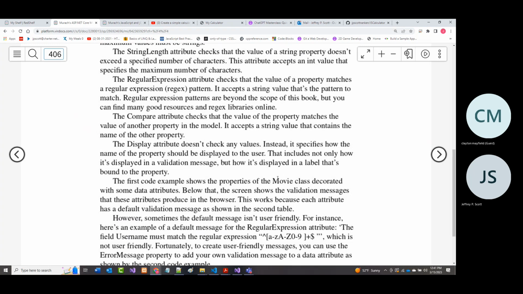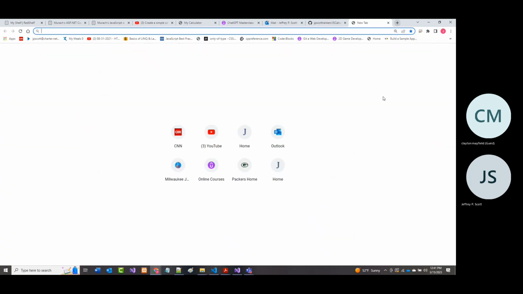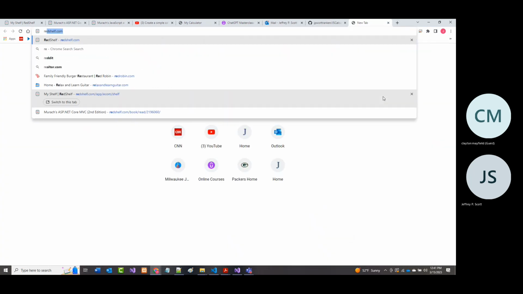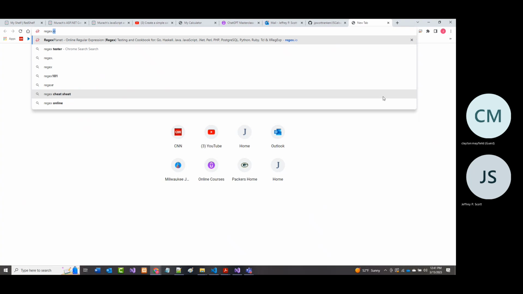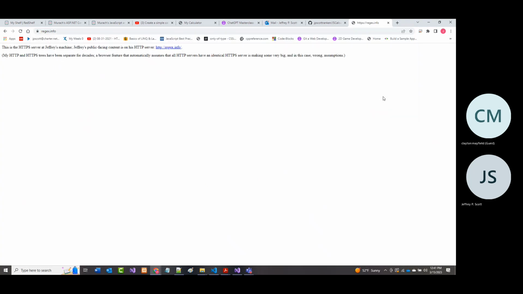All right. Then there's regular expression. We talked some regular expression in the AWD1000 class. If you don't remember, what is it? Is it regex.info? I always forget.